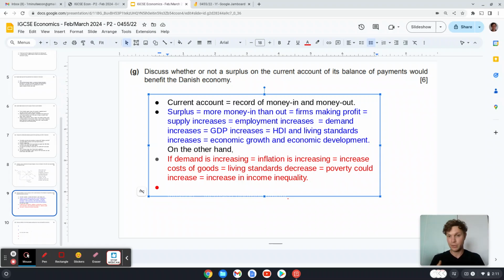Because now, relative poverty, people who could afford just a basic amount of goods and needs maybe can now not afford that same basket of basic needs. So then we're going to have an increase in poverty, relative poverty in this case, probably. All right. So then we also might have an increase in income inequality because prices are more expensive. That's a larger percentage of poor people's money than it is for richer people. Okay,